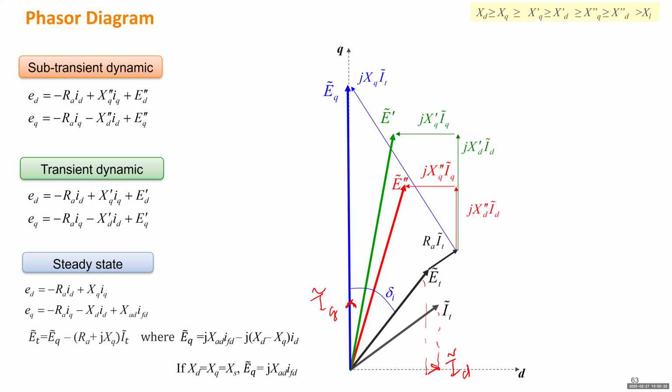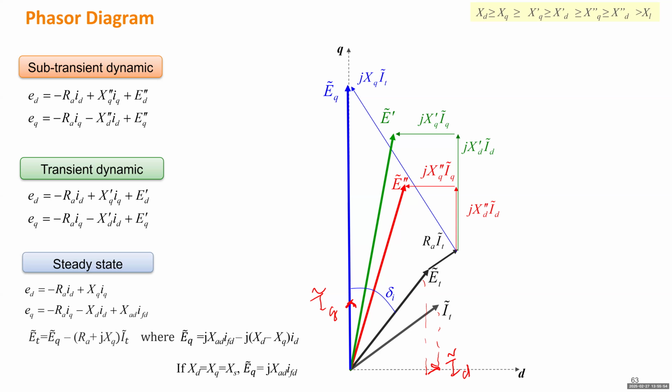So the projection to D axis will be the ED, right? And projection to the Q axis will be EQ. But I don't draw it just to avoid confusion. Okay. So now to generate the phasor diagram for transient dynamic, we're going to utilize